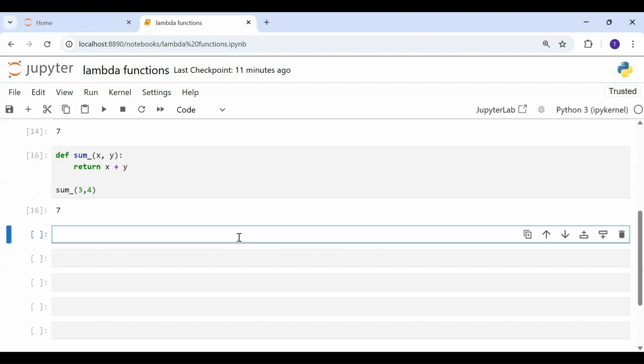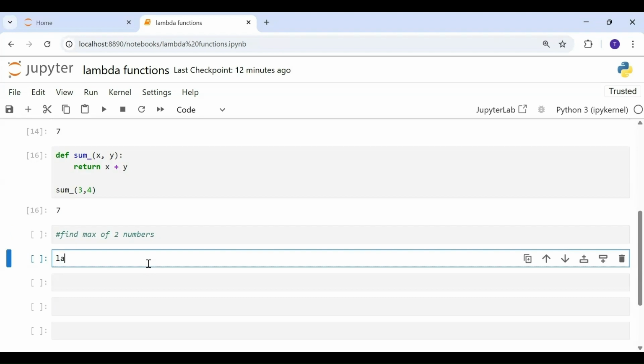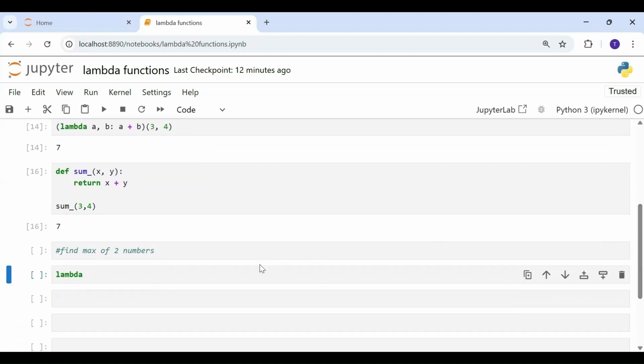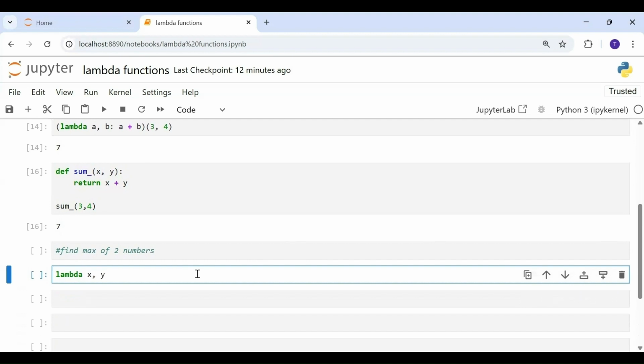So let's say we want to find the maximum of two numbers. So we can create a lambda function for this. We can say lambda, and then what it takes, the arguments. So two values, x comma y. The argument name could be anything.